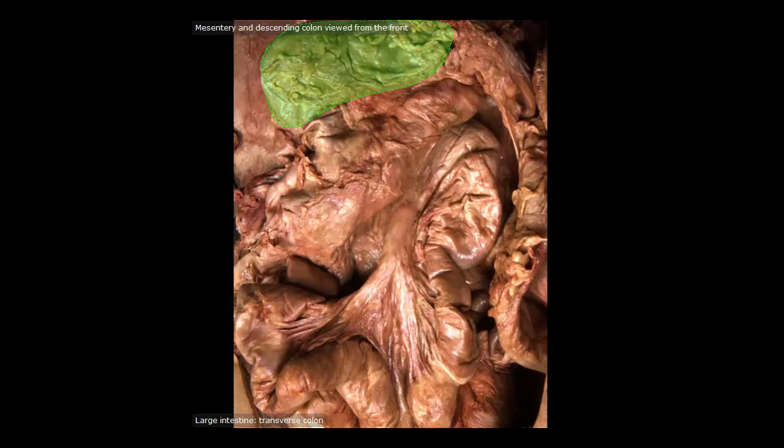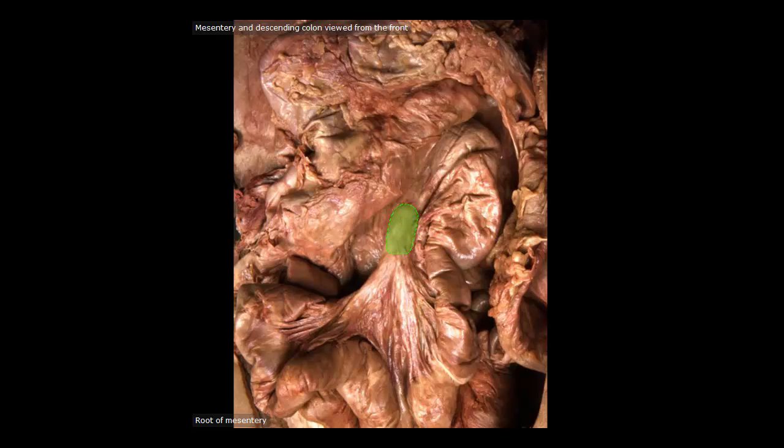Up here is the transverse colon, and the left colic flexure is going to be located right here where the little arrow is now. You're going to have peritoneum that will be overlying the external iliac vessels. You also have peritoneum that is covering the mesentery of the small intestines. Here's the peritoneum of the sigmoid mesocolon, and there is the root of the mesentery by which it attaches to